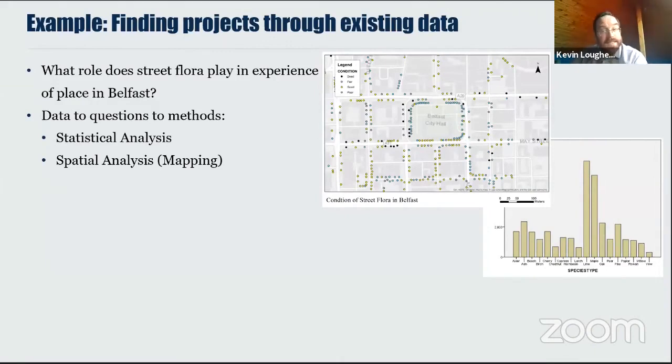Did some spatial analysis and mapping. Quickly found out that the fair and good quality trees are congregated around the important architectural and cultural heritage places in Belfast. And as you move away from them, the tree quality and condition gets poorer and poorer. So clearly trees are adding to this idea of cultural heritage in Belfast, simply just looking at some of the